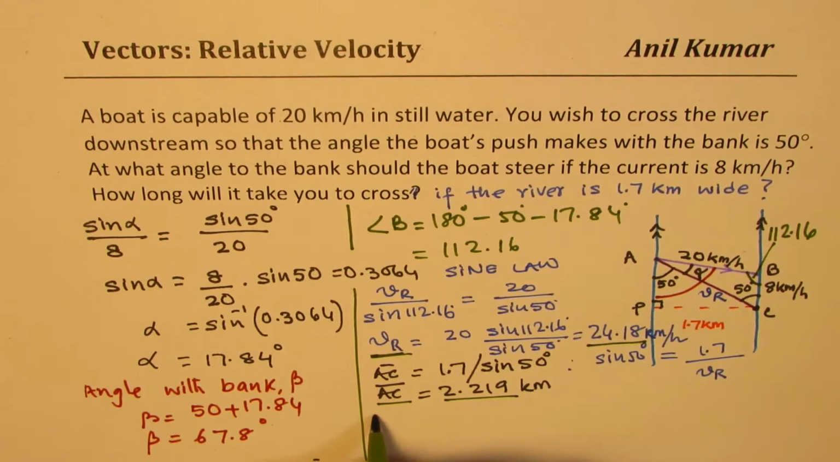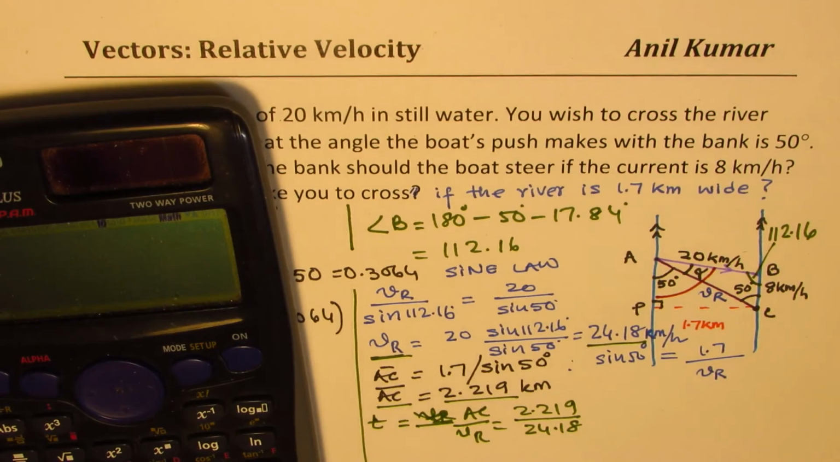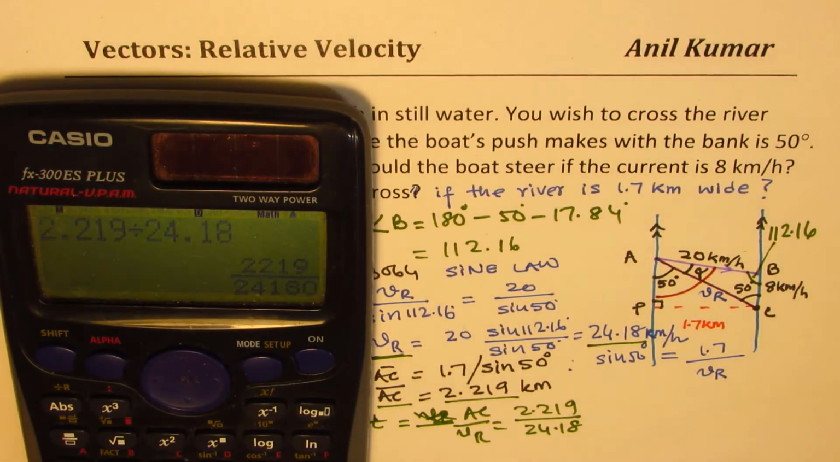So the time taken, let's say time t, is equal to distance AC over the velocity, which is VR. We can now find: AC is 2.219 divided by 24.18. 2.219 divided by 24.18. That is equal to, in decimals,